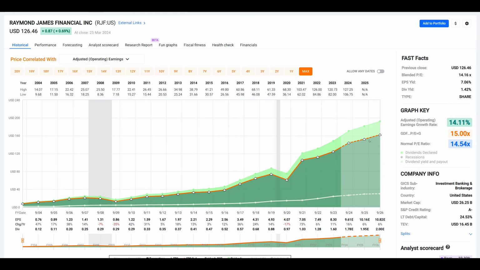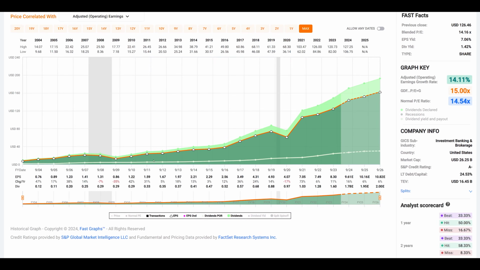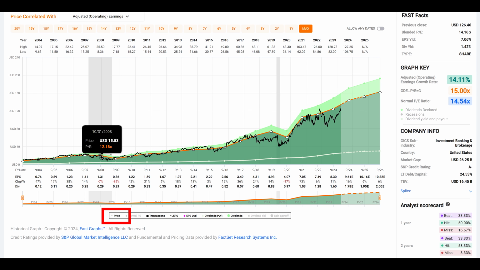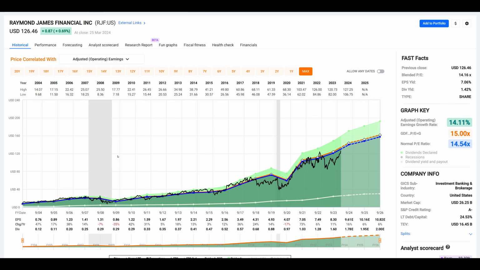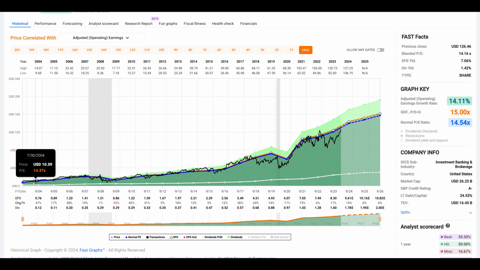Going on to Raymond James, we're starting to approach that 15% maximum threshold growth rate. The company grew at 14%, but again, I want you to see the PE ratio. When I put the weekly closing price, look how perfectly the price almost followed the earnings at a 15 multiple. And then when I put the normal multiple, once again, the lines are almost superimposed, but we see very clear periods. But Raymond James was the kind of company you could have bought almost at any point in time because the valuation of this stock always seemed to be in alignment with its operating results, which makes it a